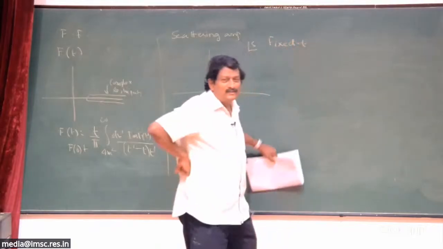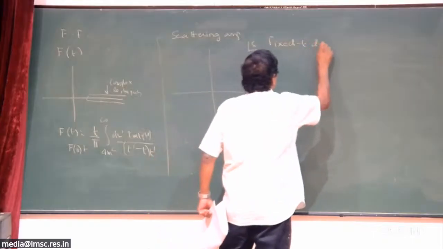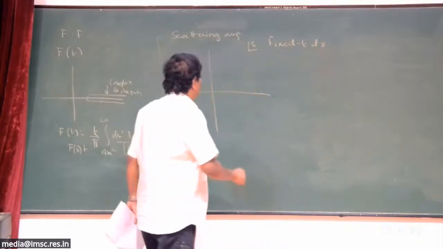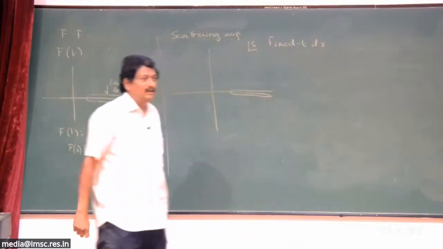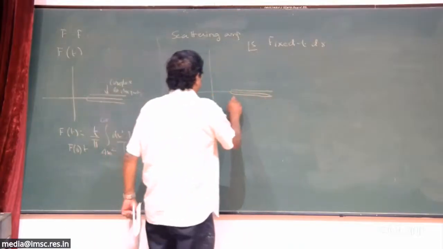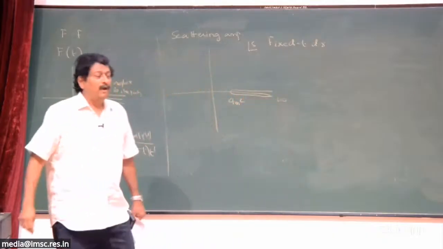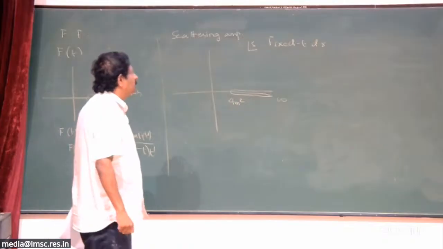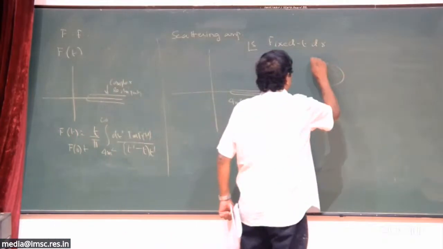As you can see, this subject can drive anybody insane. So fixed t, of course, I may have been insane to start with. But this also has a cut, very nice. It starts at 4m squared to infinity, okay? But the problem is, it also has a cut elsewhere, because in the scattering process that we had,